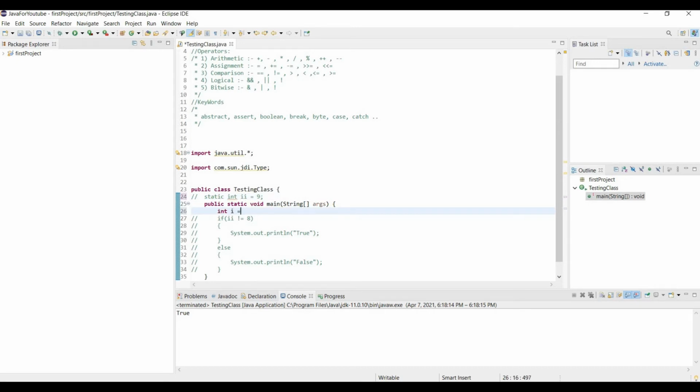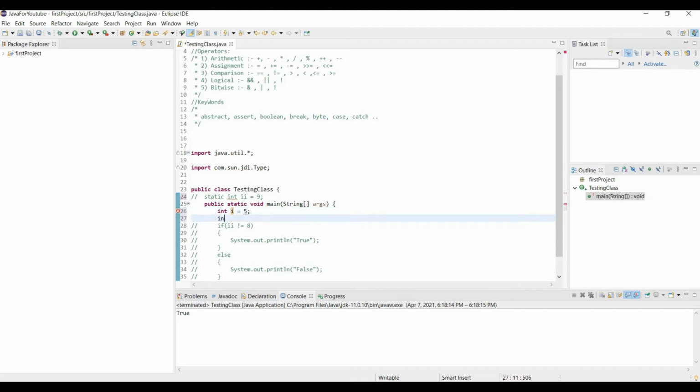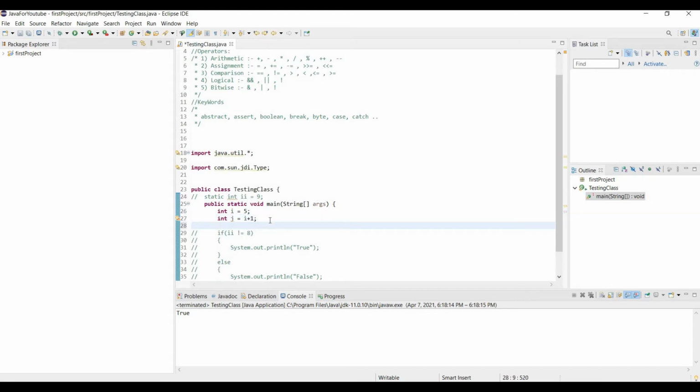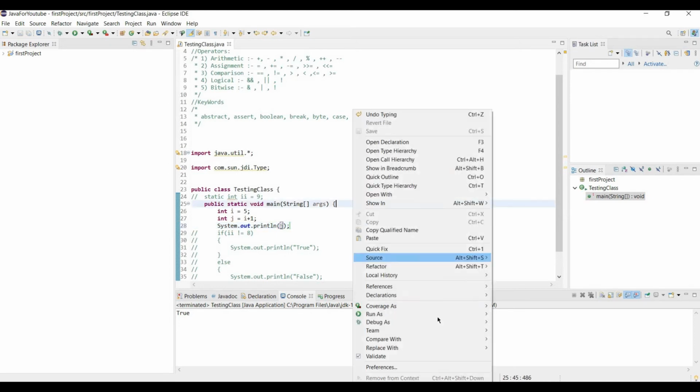If I equals to 5, and we will say j equals to I plus 1, then what will j print? I think you all know. The output is 6.